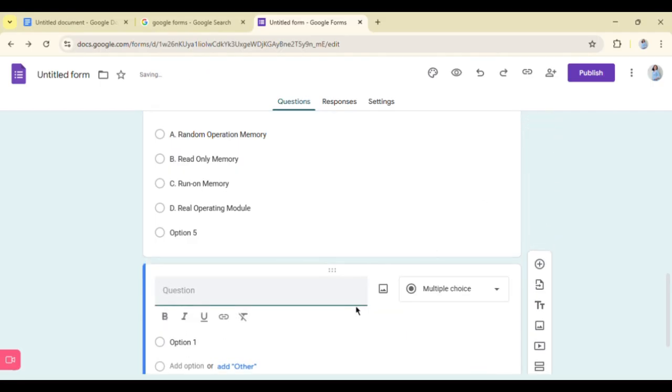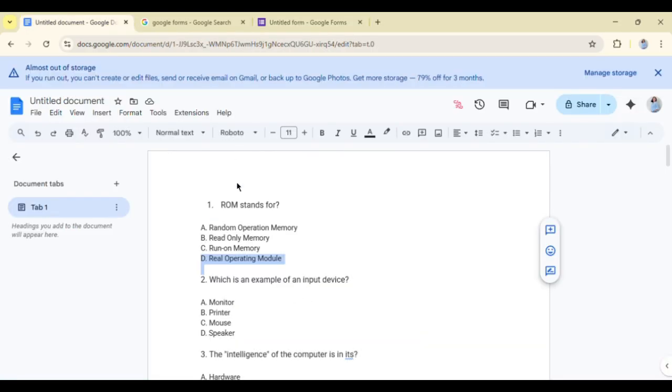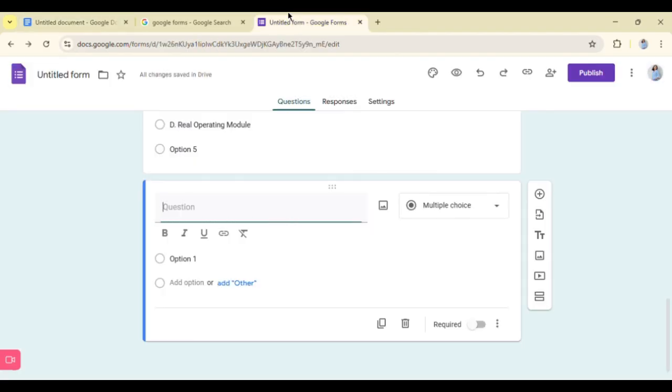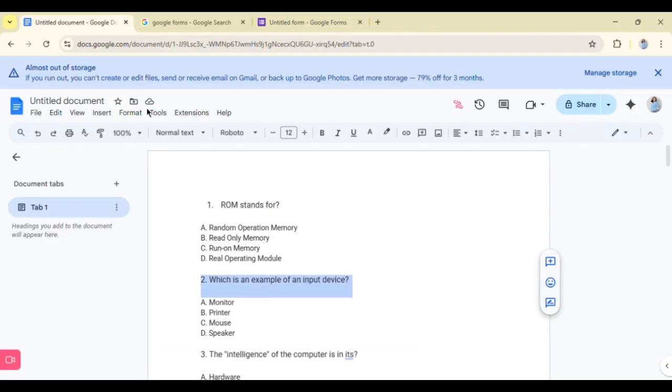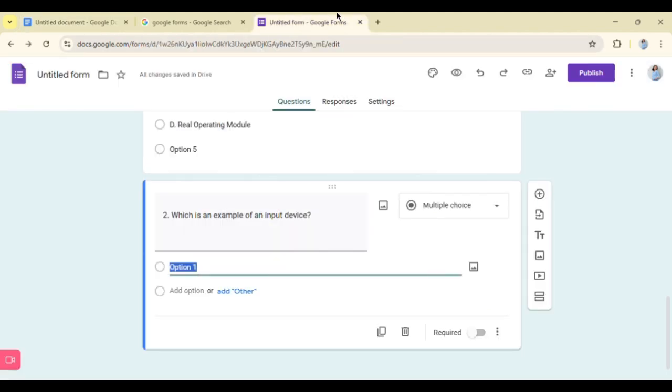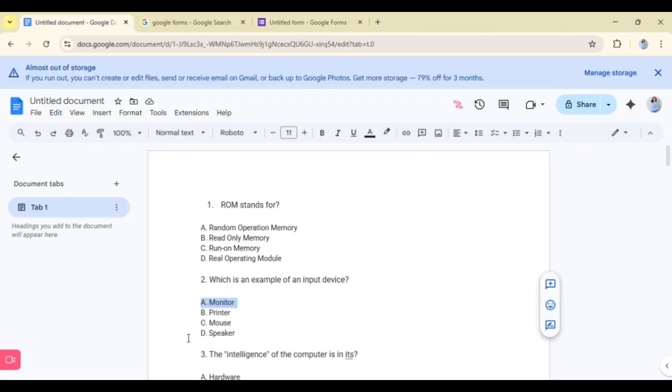Same thing pa rin. Question number 2 is this one. Copy. Question number 1. And option number 2.